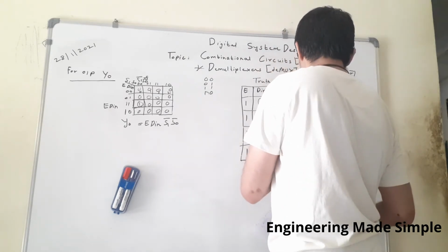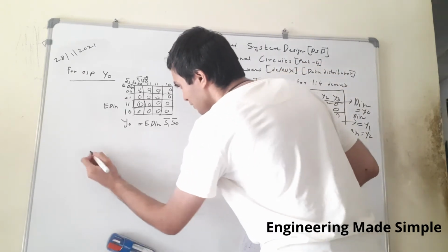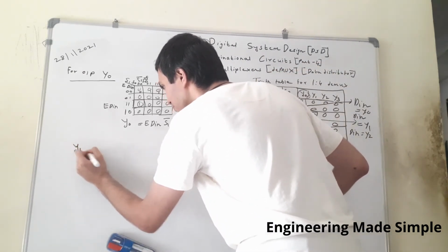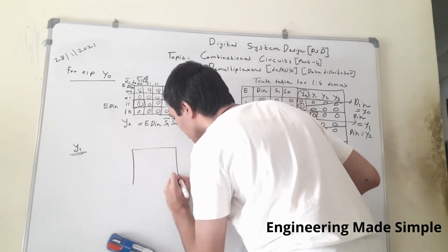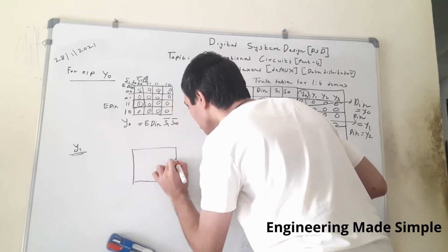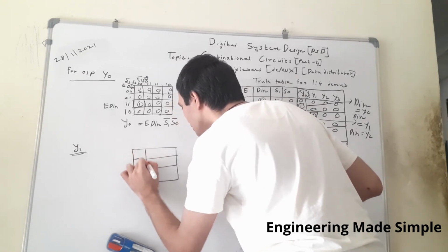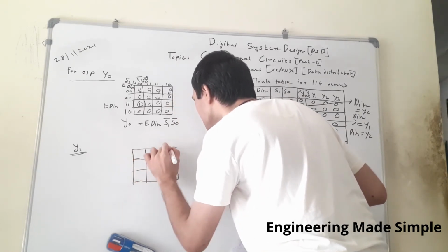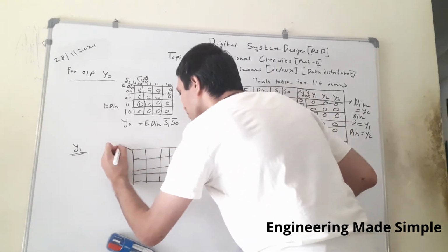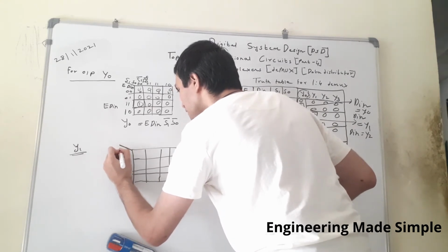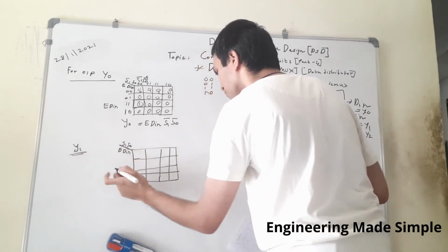Now let us solve similarly for output y1. That is the next row of your column, so I will keep it as it is. For output y1, you will solve another K-map. It will also be a 4 variable K-map. So we are solving for output y1, and the inputs will be ED in, S1, S0.